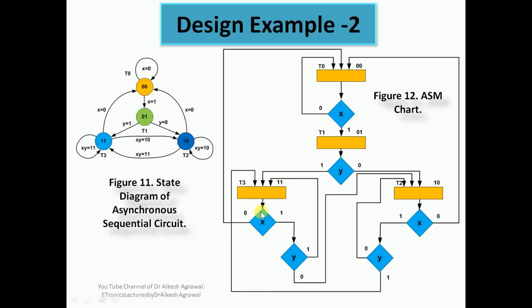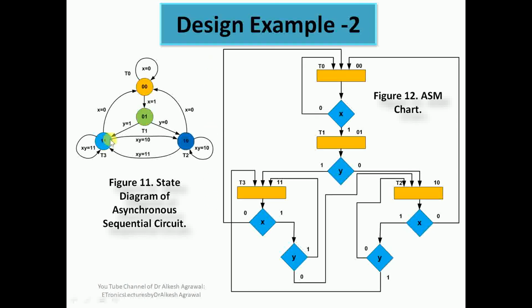Under state box T3 we have used a decision box for x and for y. When x is 1 and y is 1, we have the self transition back to T3. And when x is 0, the state transition is from T3 to T0. So this path is shown.